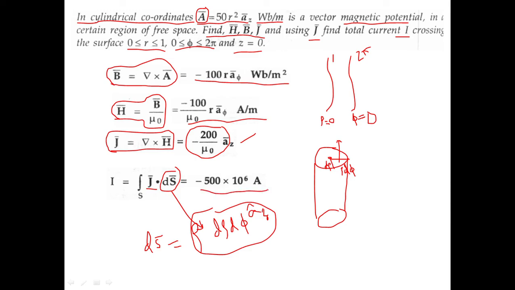I want you to solve this problem by yourself. I've given you all the formulas. So moving on to the next problem. A single turn circular coil. For the circular coil, you have to remember the derivation. It is 50 meter in diameter and carries a current of 28 into 10 to the power 4 amperes. Determine the magnetic field intensity H vector at a point on the axis of the coil and 100 meter from the coil. The mu r of free space surrounding the coil is unity.